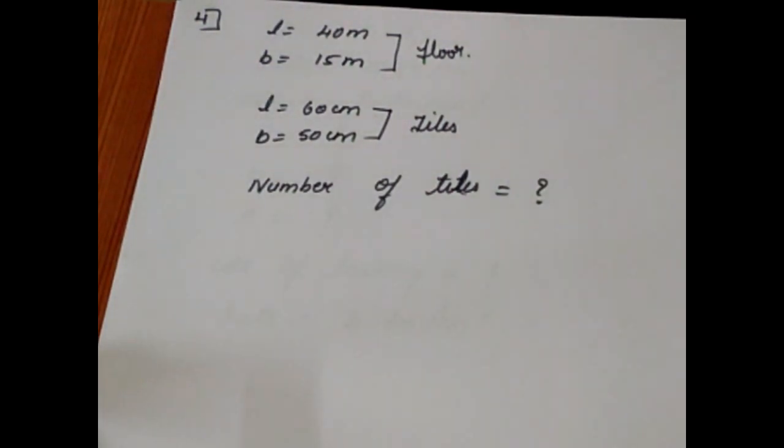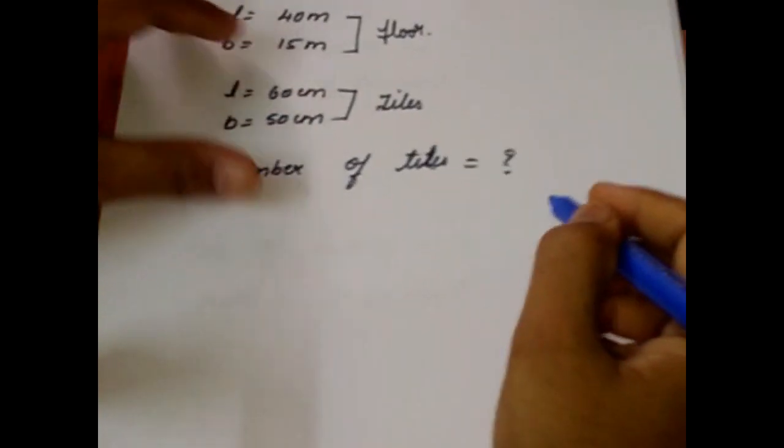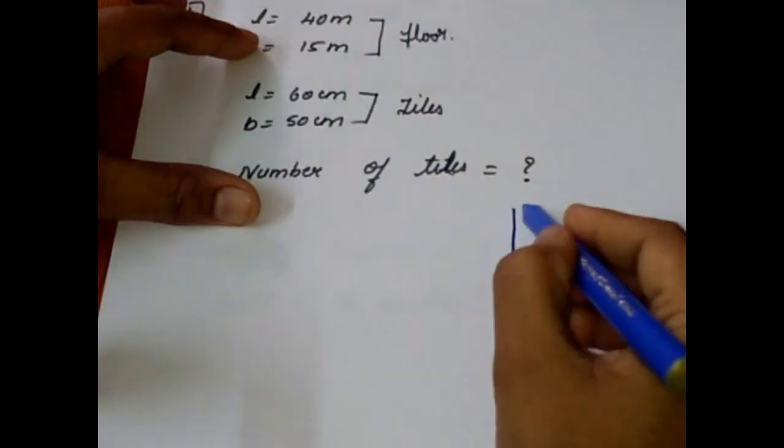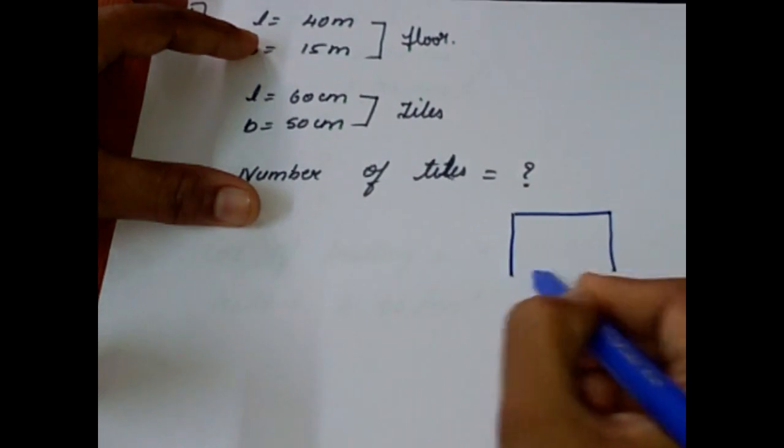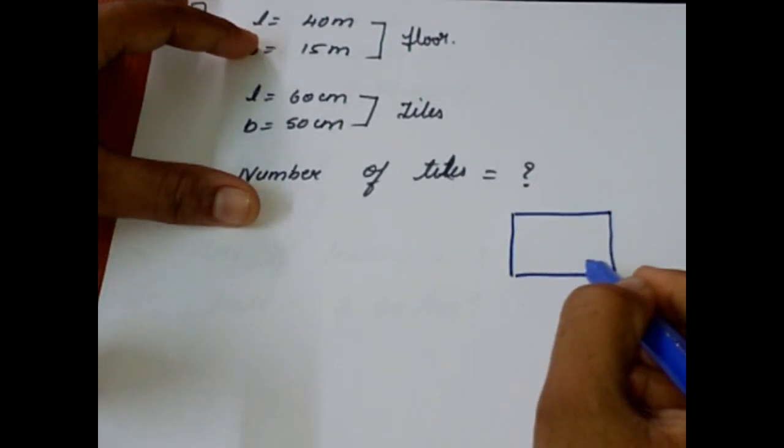As we already know from the first exercise, whenever the problem asks for cost of fencing, we have to calculate perimeter. Why? Because fencing will be done for the boundary. So the measure of boundary can be calculated by using perimeter. Now the question asked is, let us understand it with a diagram first. This is a rectangular area, region.